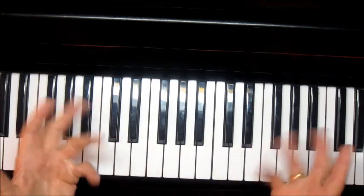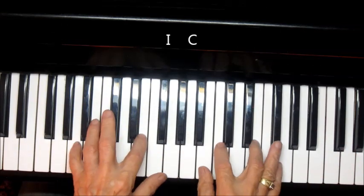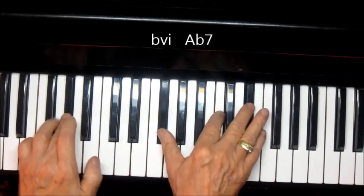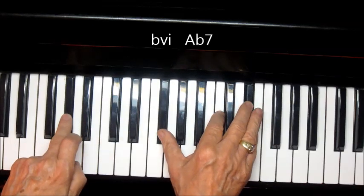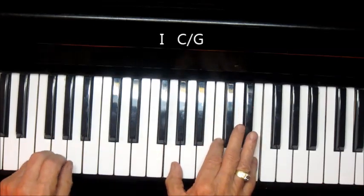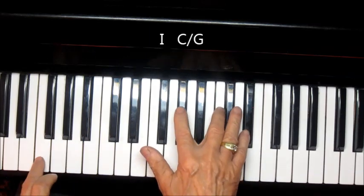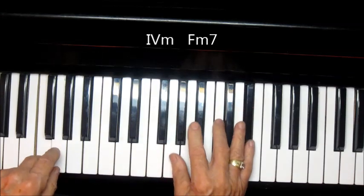So starting off with my trusty C, 1 chord, to 6. There's my F sharp, resolving upward to the 5th of the 1 chord. Now I make the melody on the 4 minor chord, the D sharp, my augmented 6, rising to the 3rd of the 1 chord, 2,